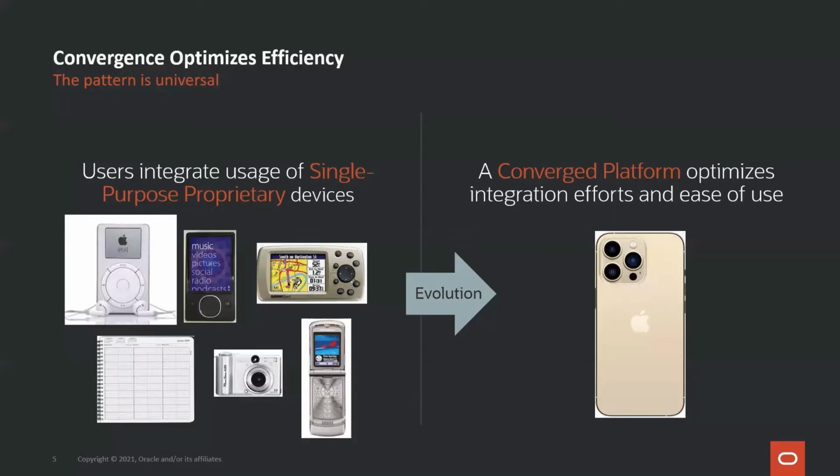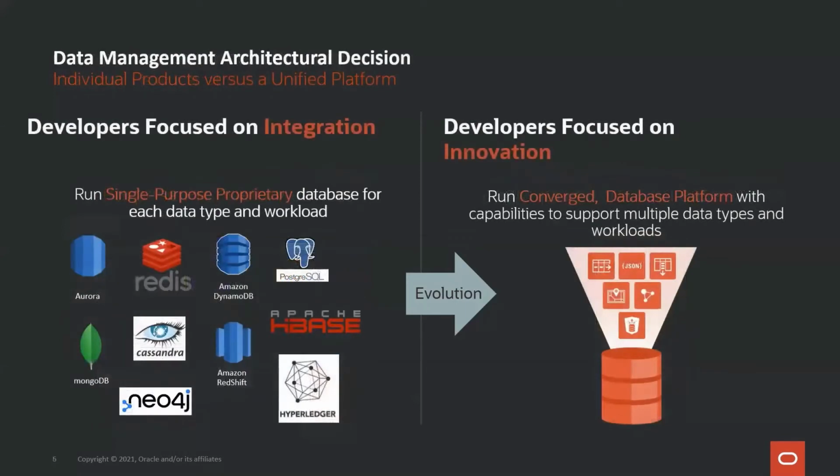From a day-to-day operational efficiency standpoint, there's just no comparison between 6 or 7 devices and a single device. Sure, sometimes you need that highly specialized camera or GPS or satellite phone because a specific use case requires it, but those are exceptions and not the rule. This convergence example translates directly to the data management platform world. You should be designing based on convergence, only deviating for highly specialized use cases, so you minimize your integration efforts and you optimize your overall enterprise application universe.